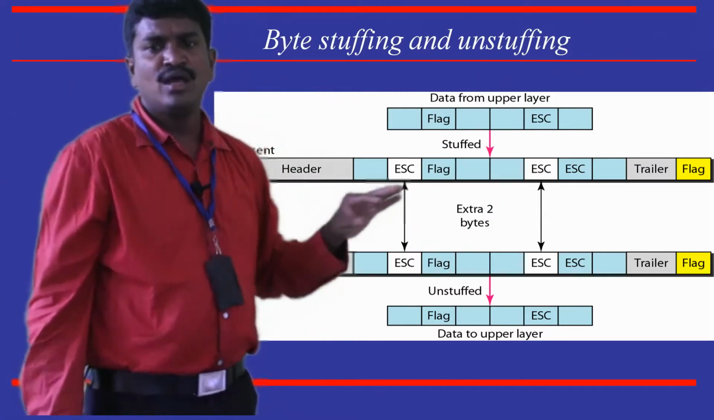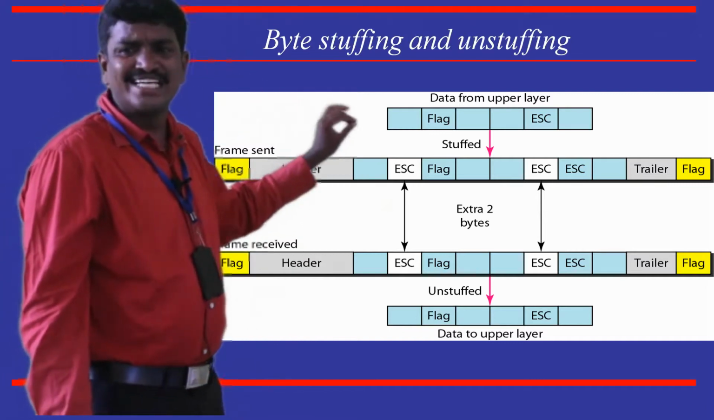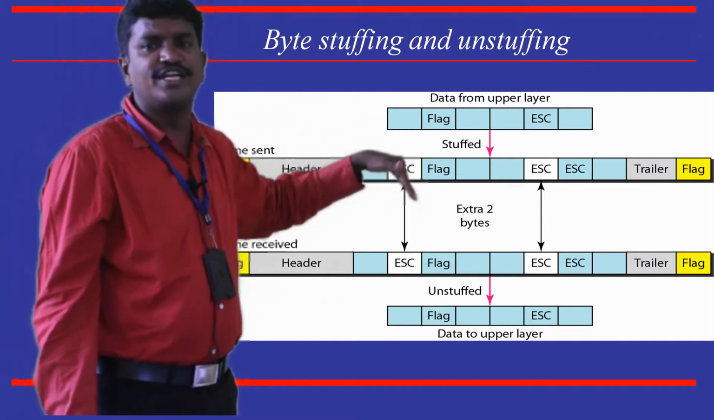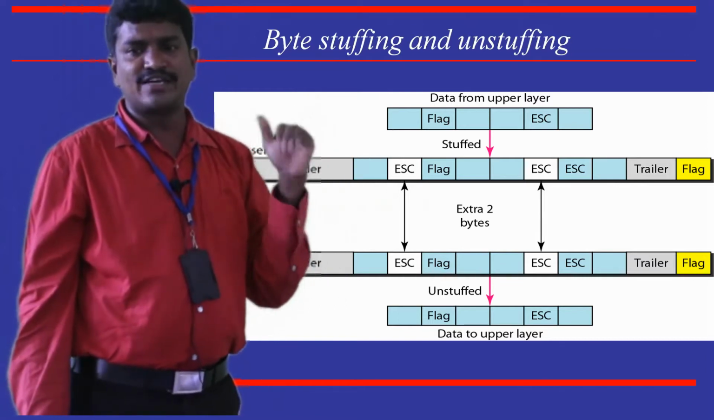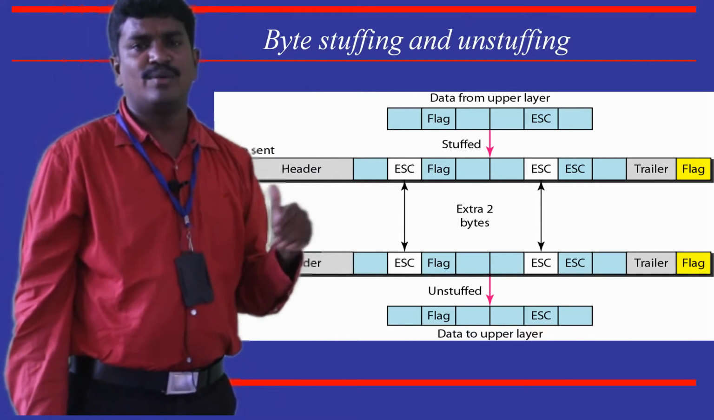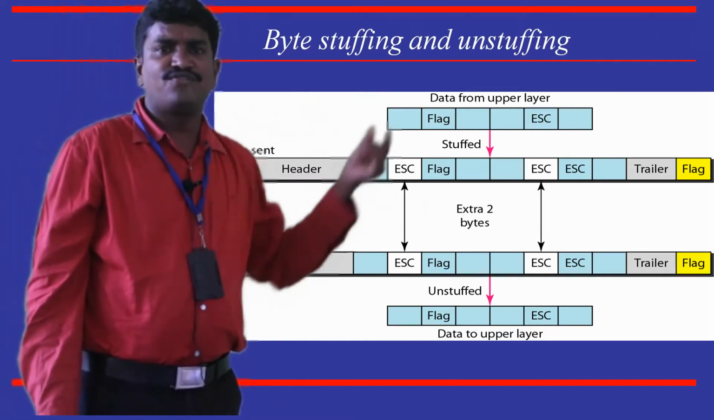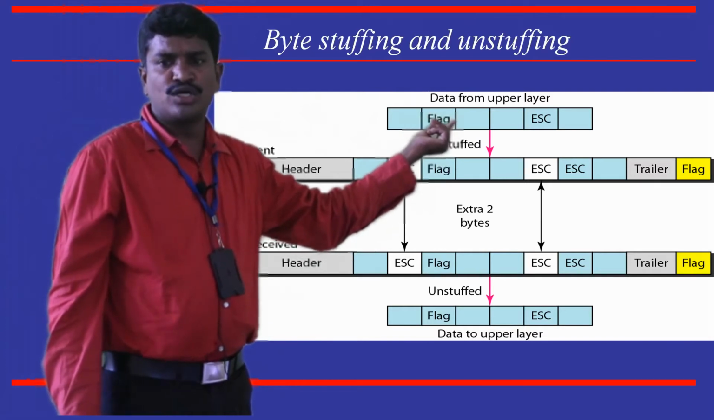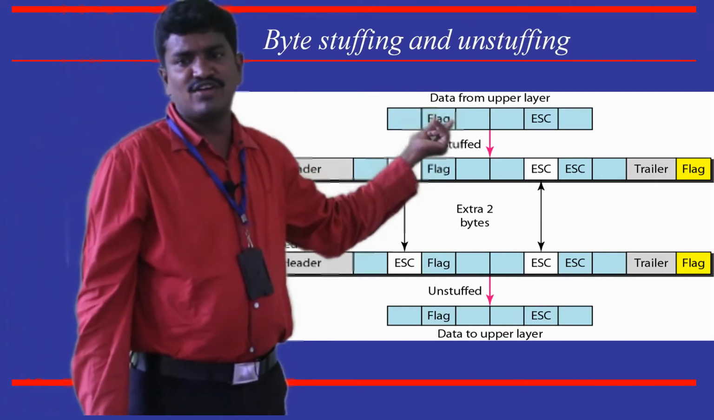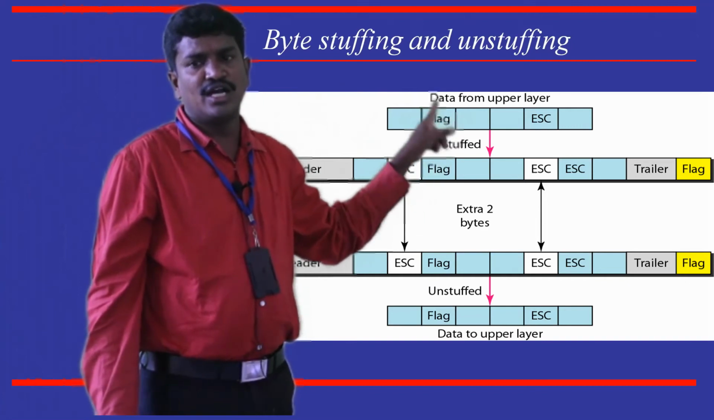So this way, the escape character is stuffed into the data. That's the reason it is called byte stuffing. Byte stuffing is done at the sender side. When the sender is sending the data, if a flag is part of the data, that flag is not indicating the end of the frame, it is part of the data. In order to convey that message,